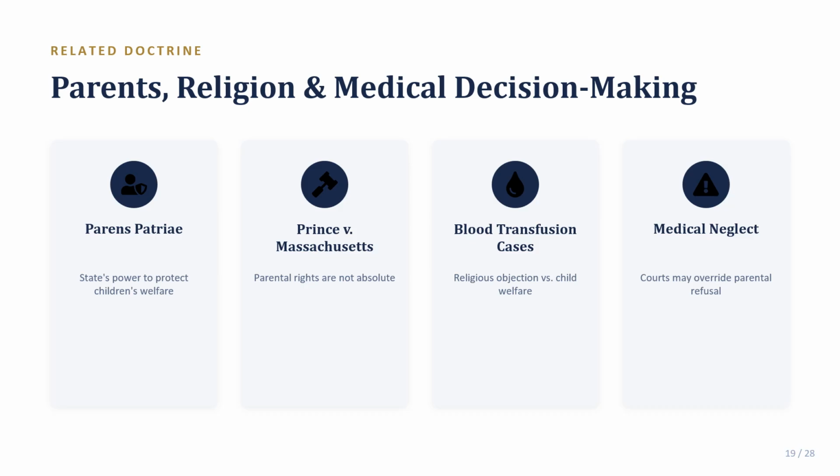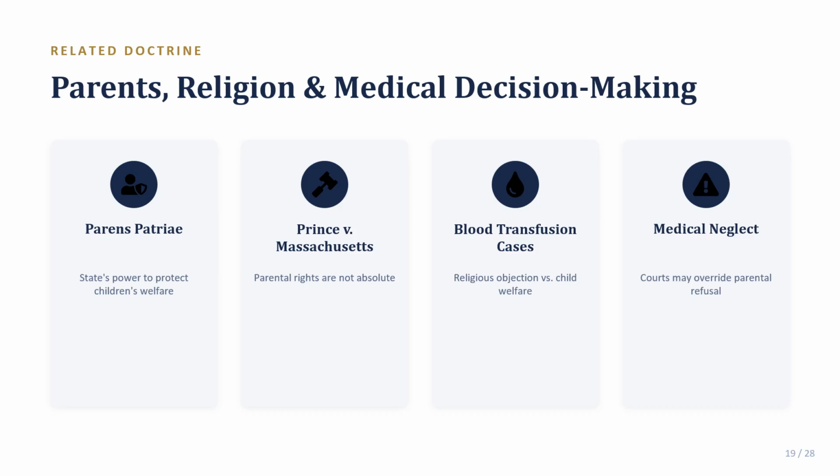And medical neglect is the final concept here. This is where courts can override a parent's refusal of medically necessary treatment for a child in appropriate circumstances, precisely because the underlying decision-making authority in these cases ultimately belongs to the state acting to protect the child, not solely to the parent. This does not mean that parental authority over a child's medical care is illusory or anything like that. But in the vast overwhelming majority of cases, parents retain full decision-making authority, and courts intervene only in genuinely serious situations involving real risk to the child's life or health.